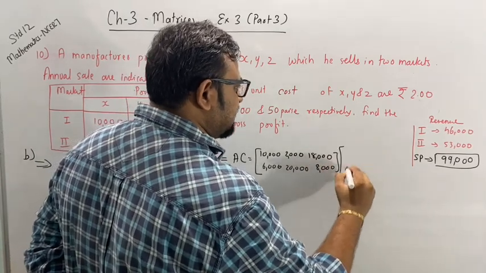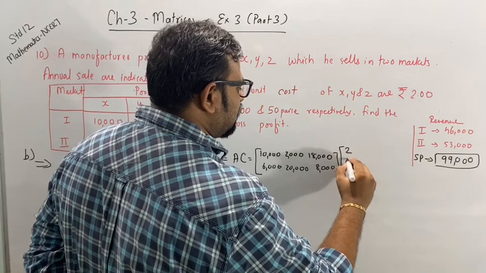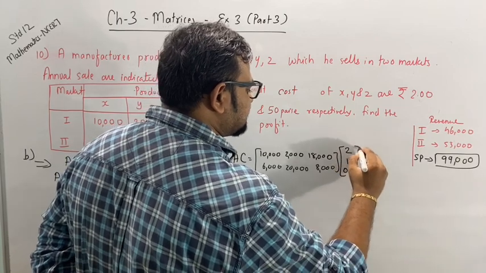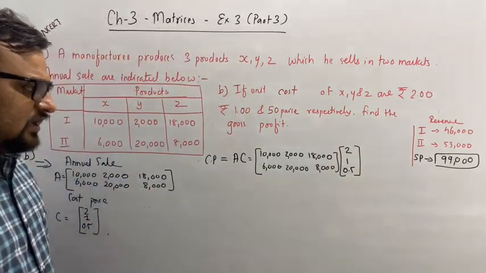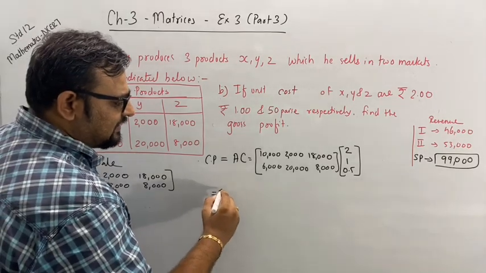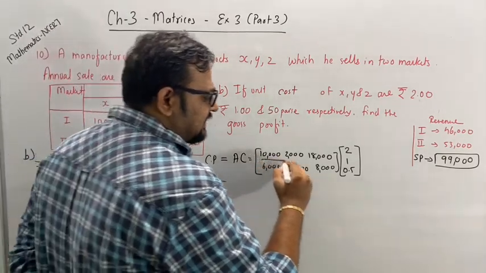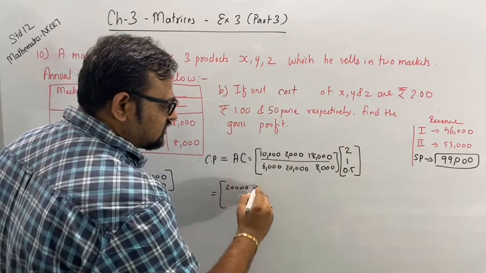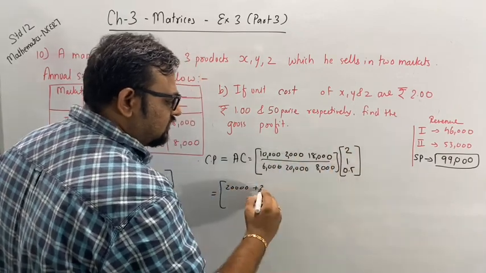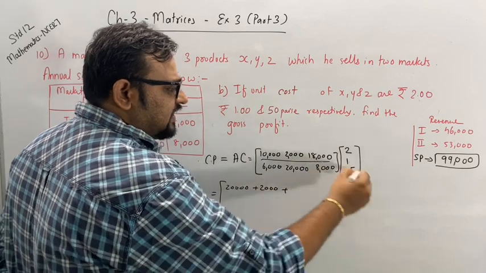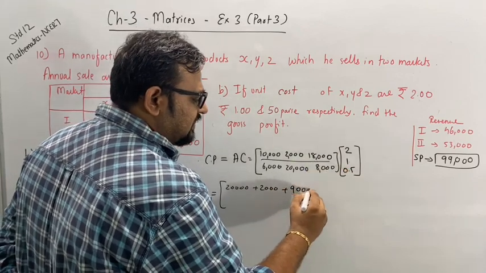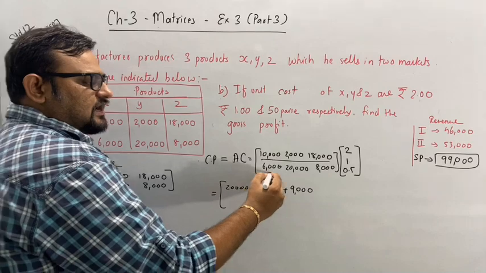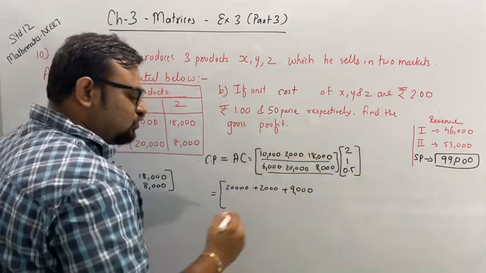And what is C? 2, 1, and 50 paise, meaning 0.5. Clear? So when I multiply it, I'm directly multiplying: 10,000 into 2, 20,000. 2,000 into 1, 2,000. 18,000 into 0.5, 9,000. Now the second row: 6,000 into 2,